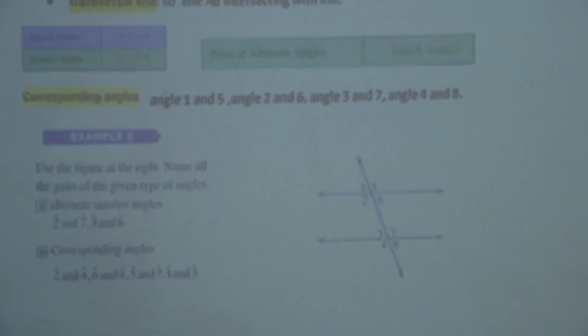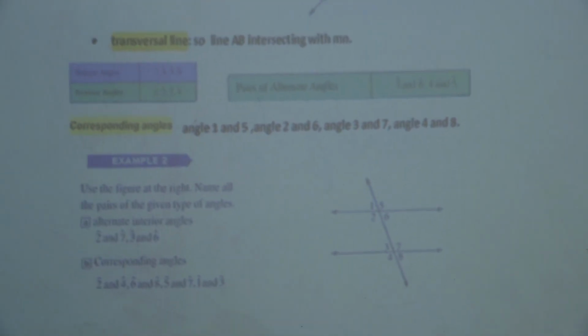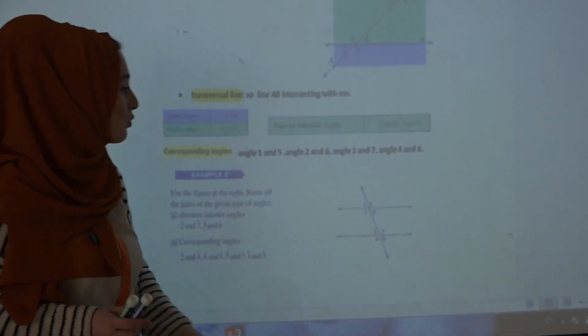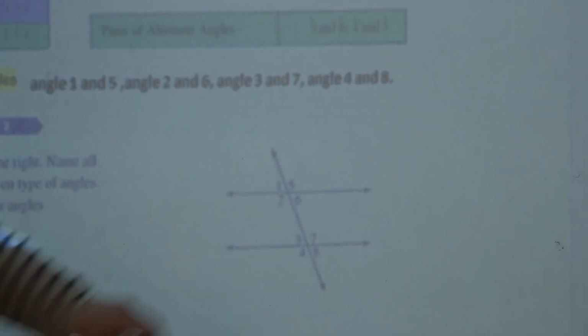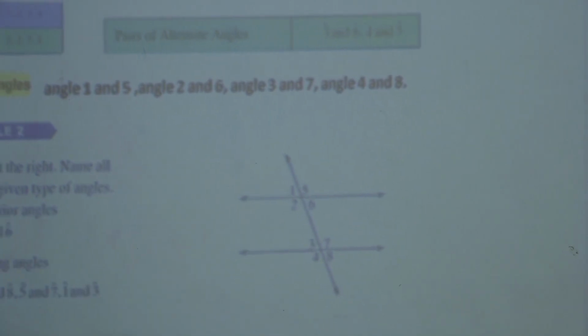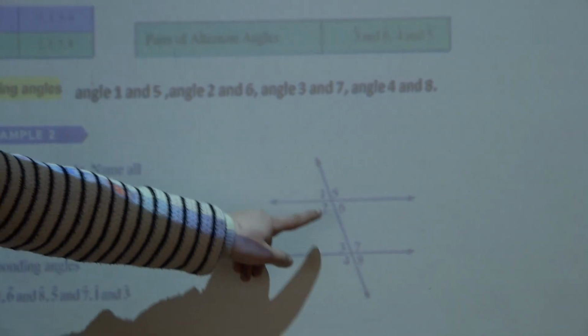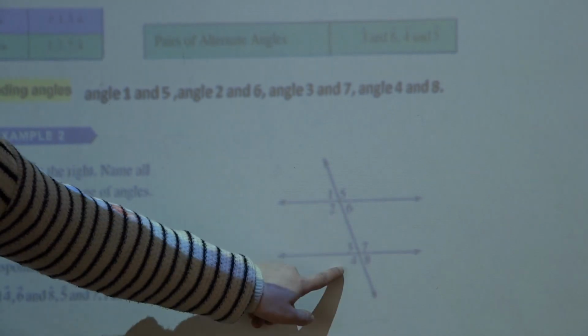So corresponding angle, when I say corresponding angle, it is only the same place, the same angle, but one of them is inside and one of them is outside. For example, which one is the same? All of this is outside, this one is outside, and only between these two parallel lines is inside. So what do we need to do at that time? Angle 1 with 3, angle 5 with 7, 2 with 4, and 6